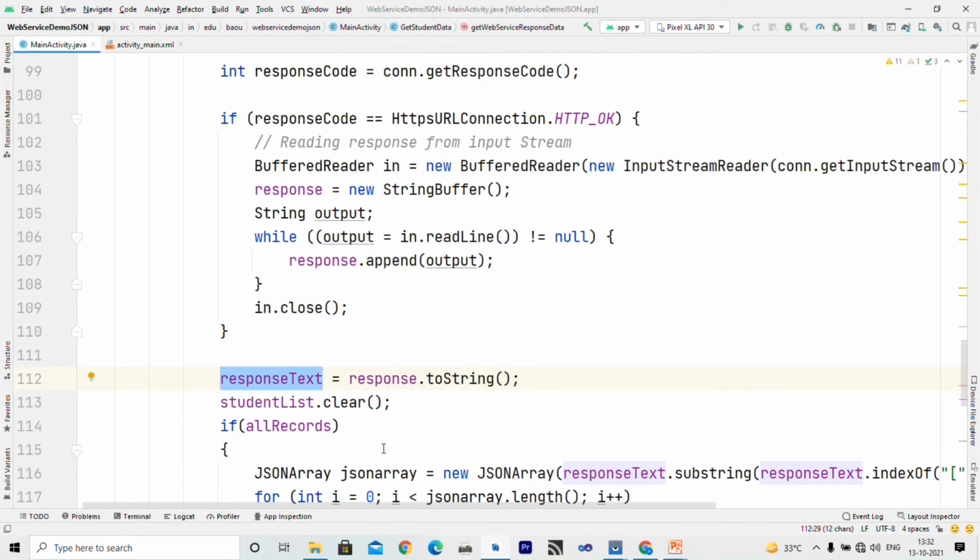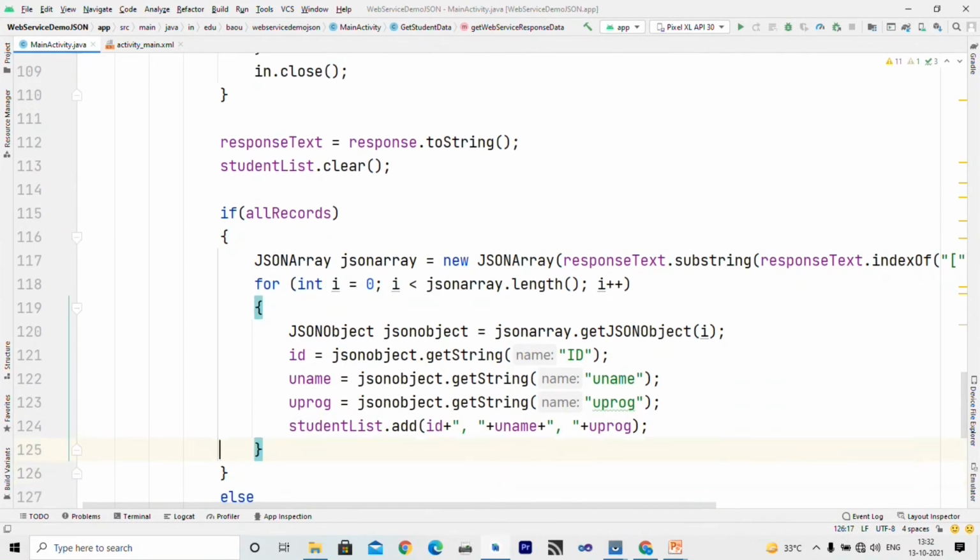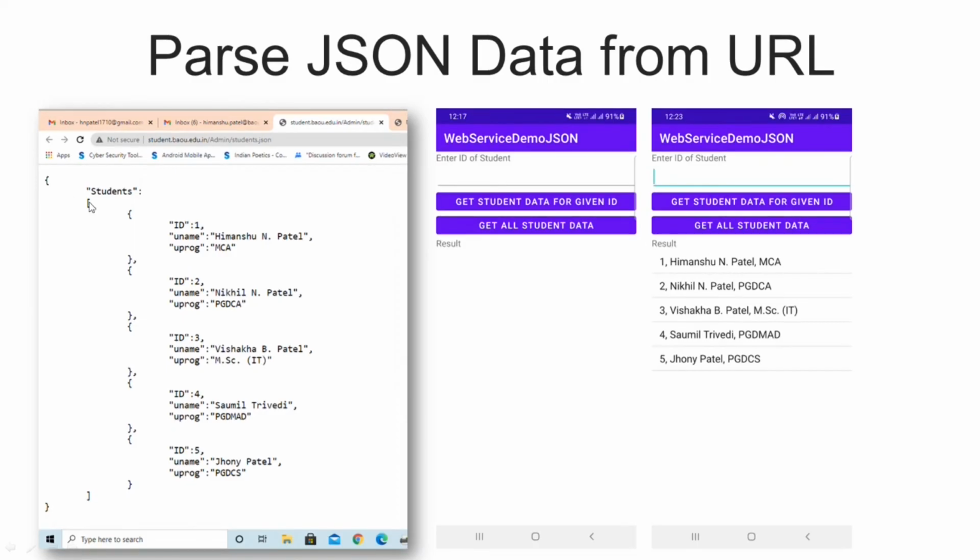So now the data, starting from this curly bracket to this curly bracket, is entirely stored in responseText. Then I have called the clear method of the list view, so if there is anything inside the list, it is removed. We have two possibilities. First, we take the example of all records. Here you can see my data is something like this. Inside responseText, I have data starting from curly bracket to this curly bracket, right?